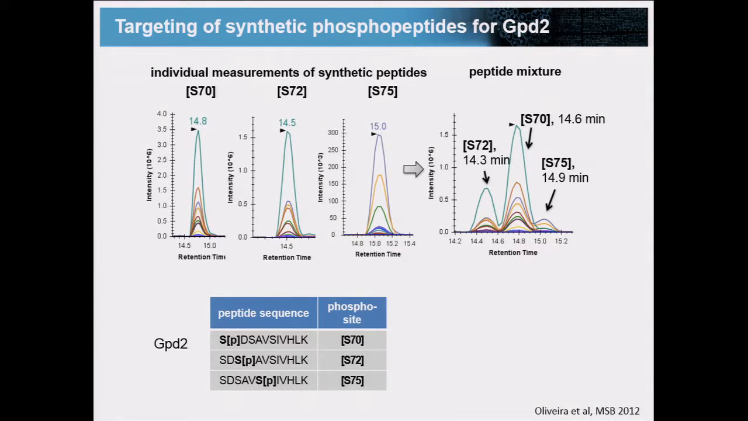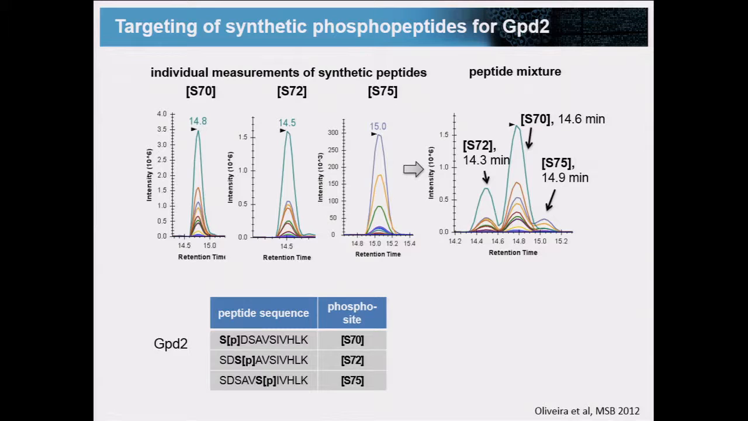And when we mix them together, we see that each localization is somewhat separated in retention time. So we can assign to each peak a specific localization. You will also note that it doesn't go exactly by the sequence along the peptide. So 70 elutes after 72 and before 75. So it doesn't work sequentially in any way, but there is a certain order between them, and this order is